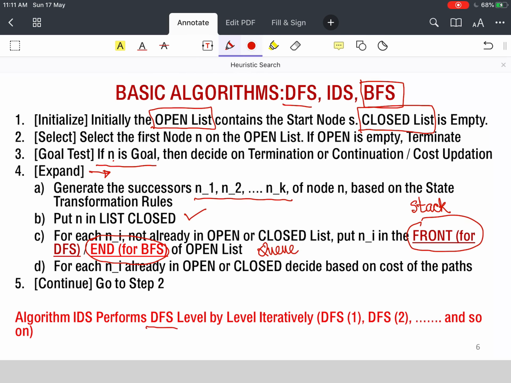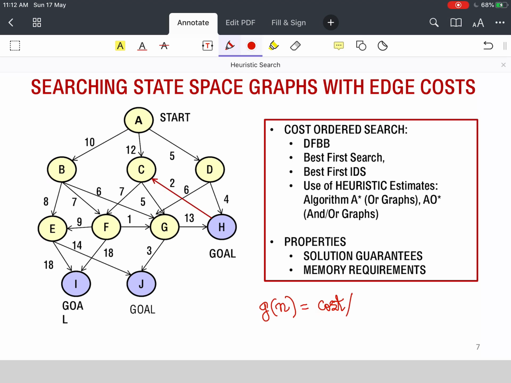So now in this algorithm, at any point, every node will have what is called a g(n) value. The g(n) value is the current cost of the node from start.